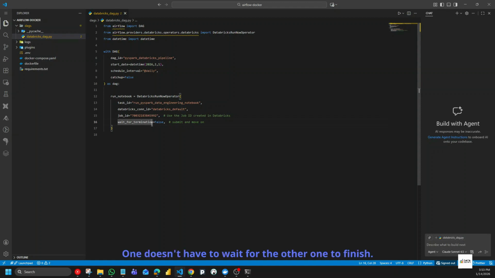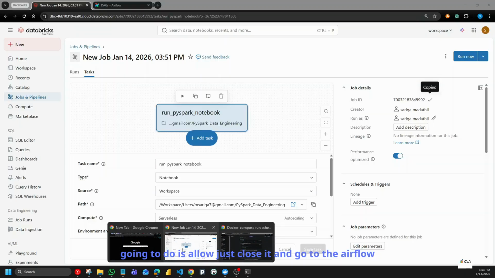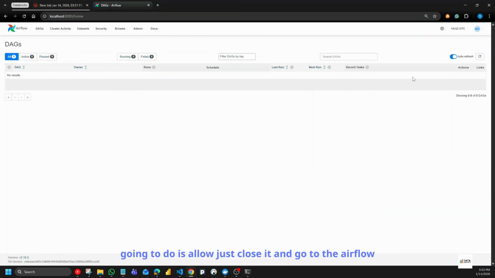One doesn't have to wait for the other one to finish. So I made it false. You can change it to true if you wish to. Okay, so once we have this Databricks DAG saved, I'll just close it and go to the Airflow DAG section